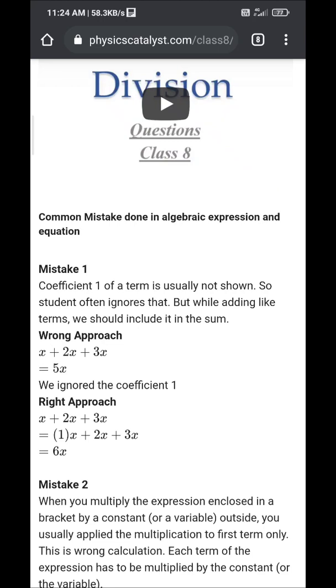Hi students, in this video I would like to show you a few mistakes that can be made when you deal with algebraic expressions. So basically 4 mistakes I am going to show in this video. The first mistake